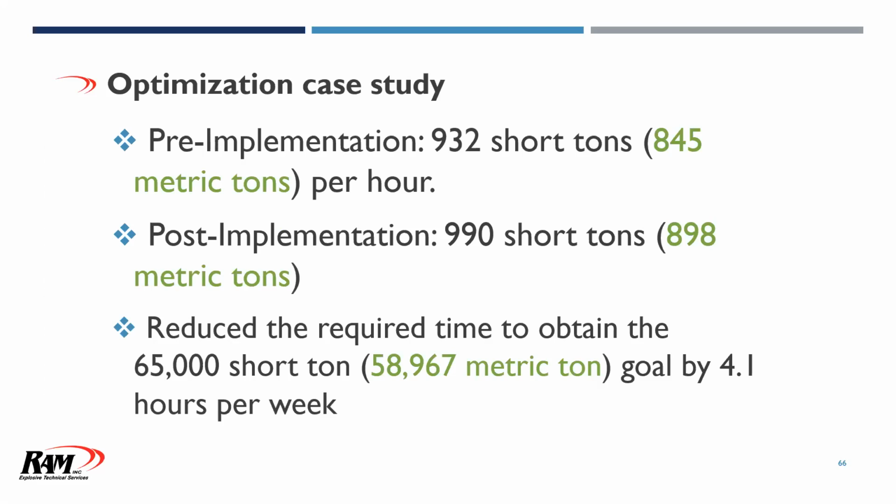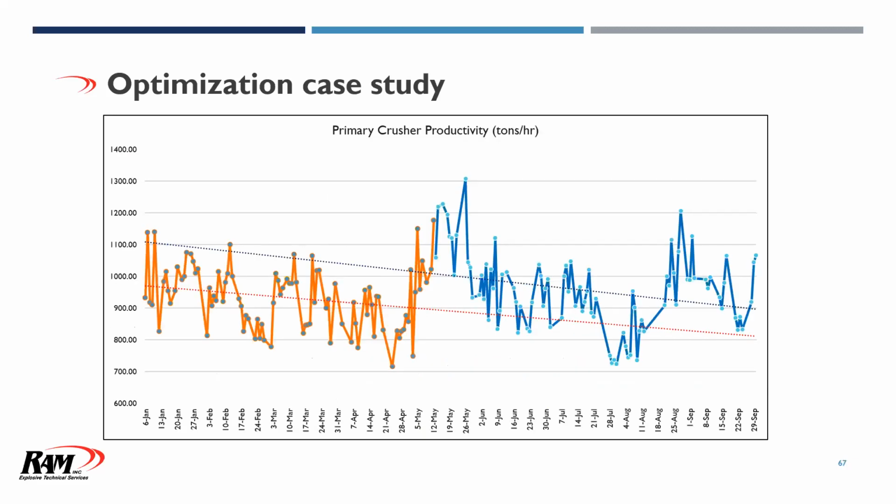This reduced the required time to obtain the 65,000 short tons required goal by 4.1 hours per week. So this was a big benefit as well. Here you can see the tracking on the primary crusher that they did. So they had good data to be able to justify all this and prove that these changes had made a very, very positive